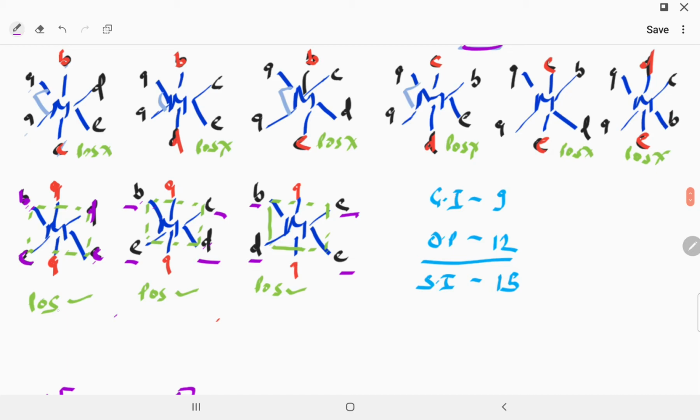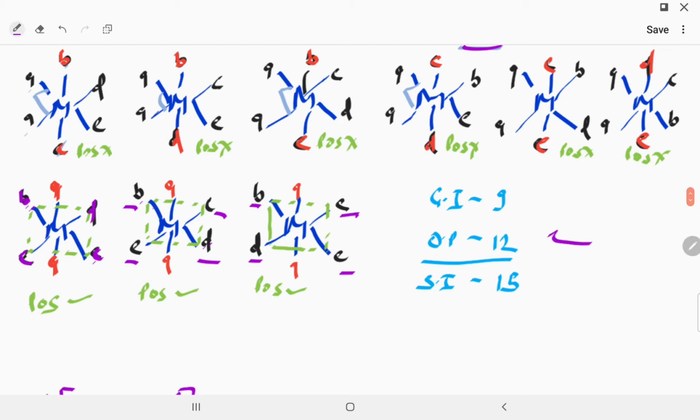Okay, so in this all show a plane of symmetry, because we can cut in the square plane. This dotted line is a square planar. There is a plane of symmetry because A is opposite, so when we cut into two equal halves, the above and the bottom are the same. But in the above 6, they will not show the plane of symmetry, so they will show optical isomerism. Okay, so all 6 will show optical, but these 3 are not optical.